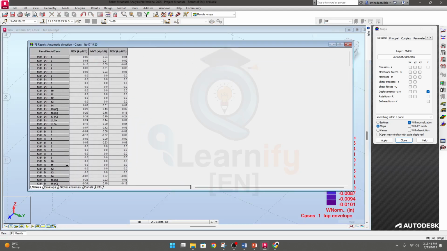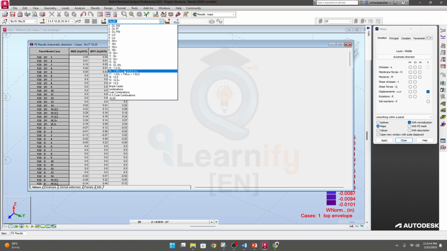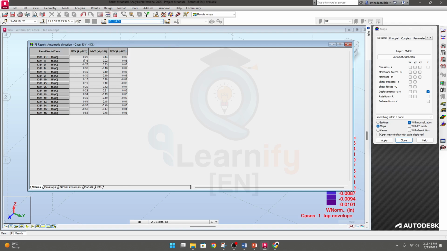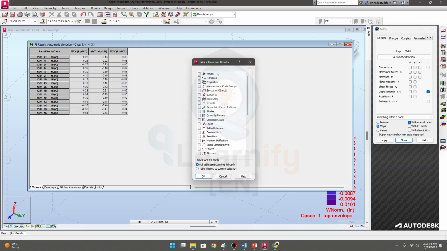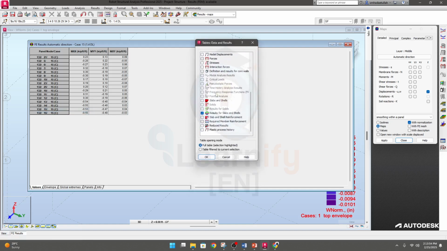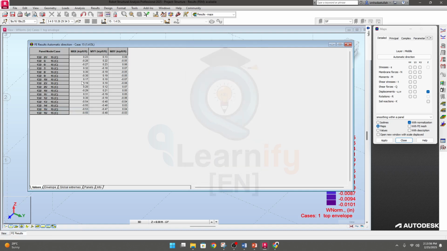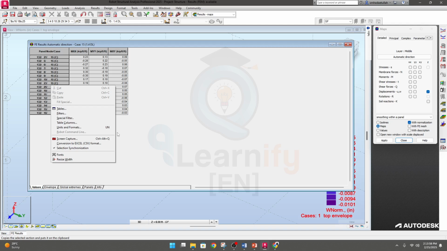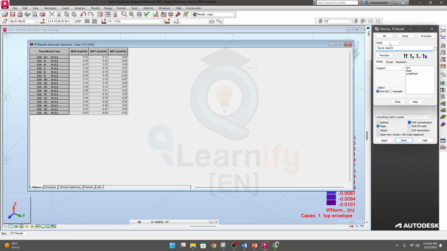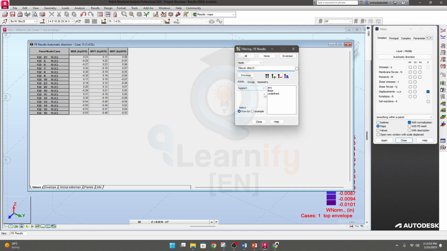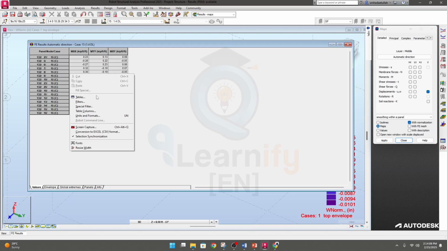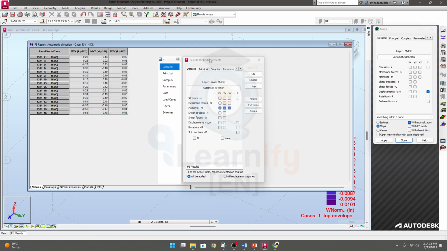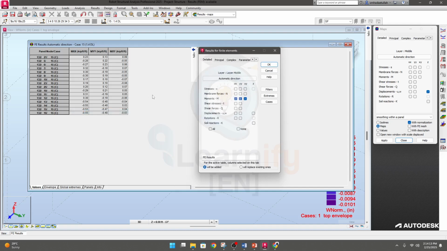Okay, so from here you can select the combination for which combo you want to see the value. If you right click here, then you can click filter or click table. So for which value you want to see your result, you can select from here as previous, then right click, then you can go for filter. Okay, you can go for filter from here for what you want to use your data, then again click here, then table columns. Okay, for what you want to get your data, and this is for, let's say, moment, and